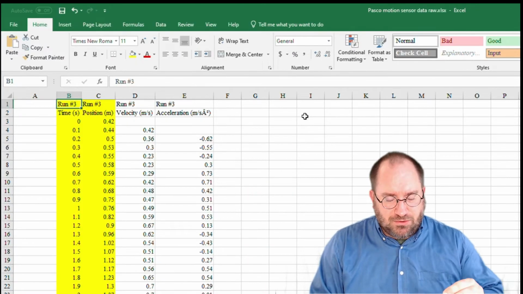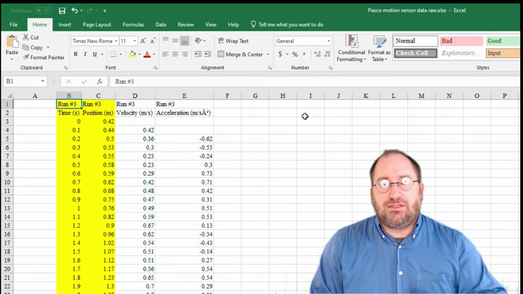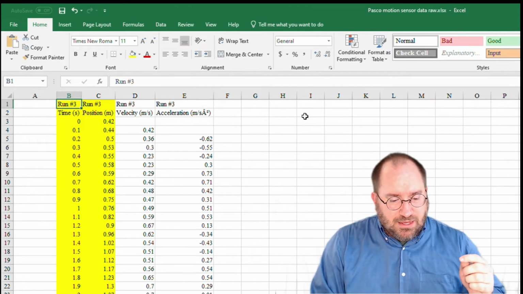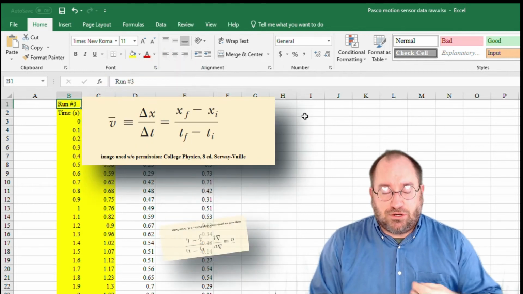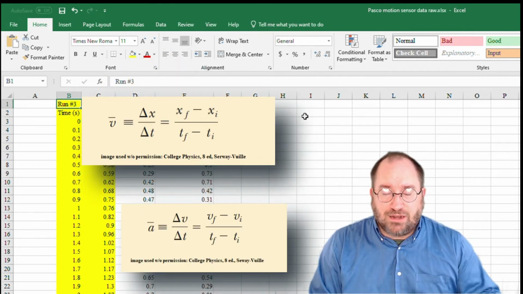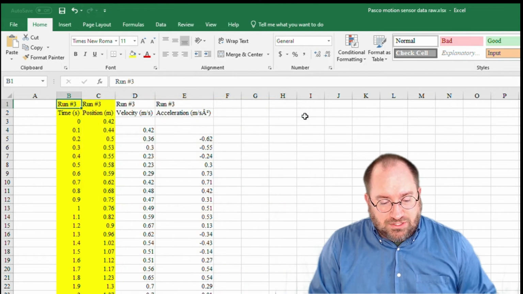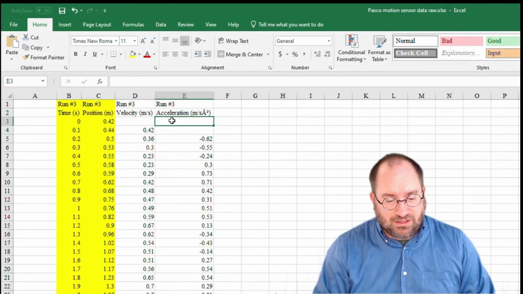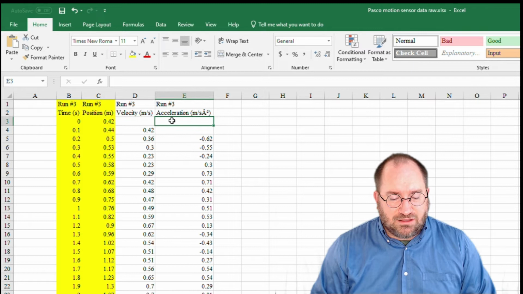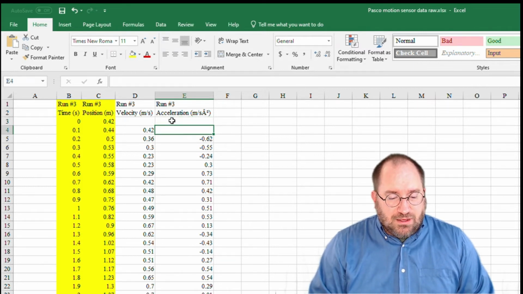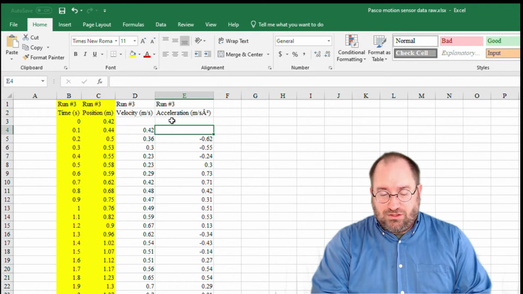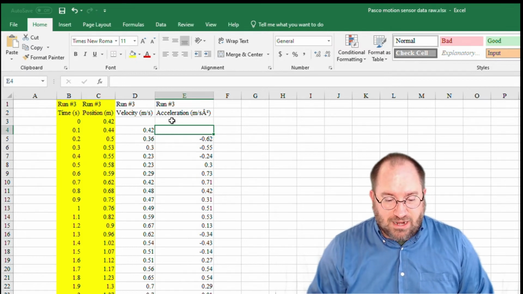The position was measured specifically by the motion sensor, and time is measured by the internal timer of the system. Velocity and acceleration are derived from those, and so they were not directly measured. And so you'll notice that for the first couple data points, that data is unreliable, or at least is missing some. So we could neglect that data if we needed to, and for some of our analysis we will in